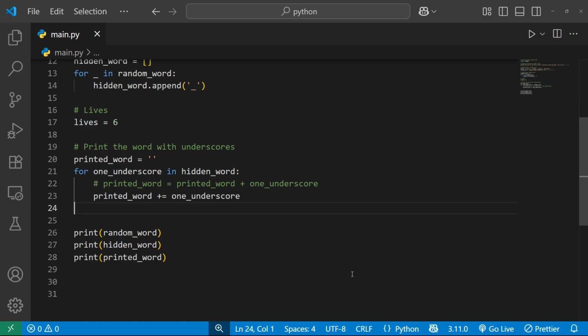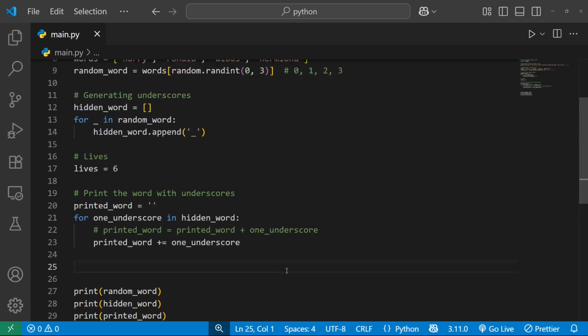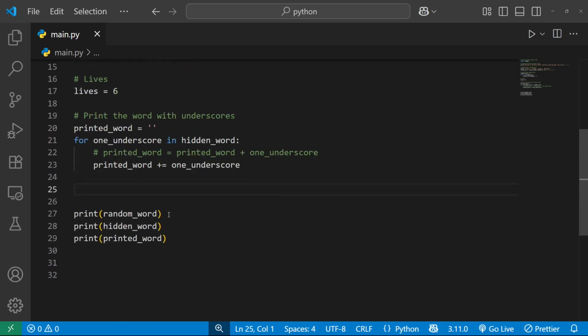Here, guys, it will be a little bit wild, so be careful, okay? So now we need to ask the user about guessing the letter, and after that we need to check if the letter is in the random word, okay? So let's go. At first, I would like to